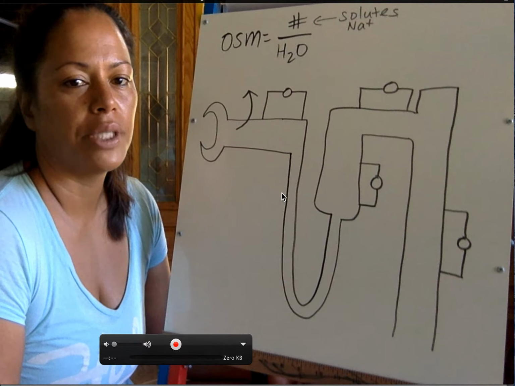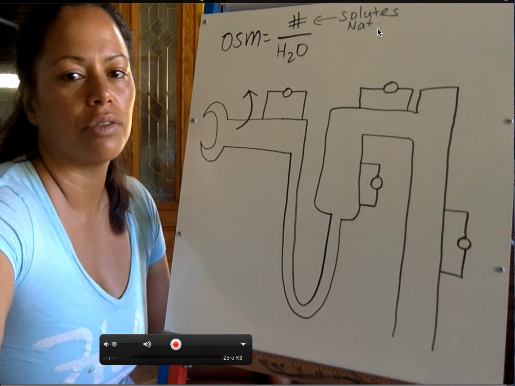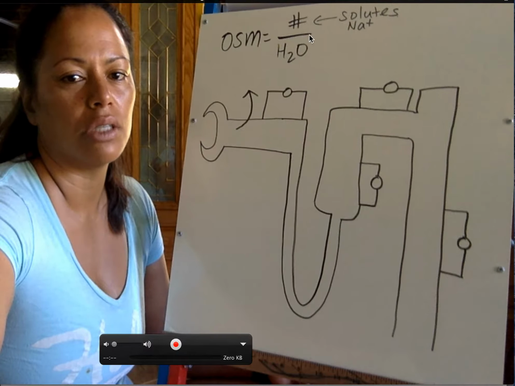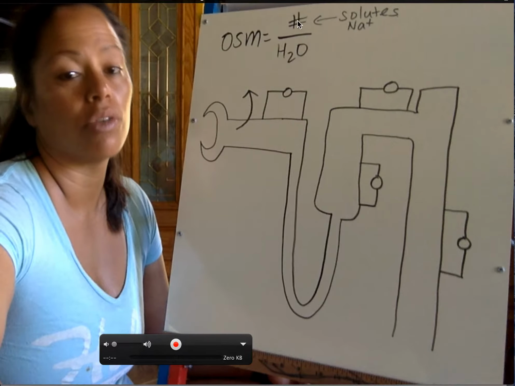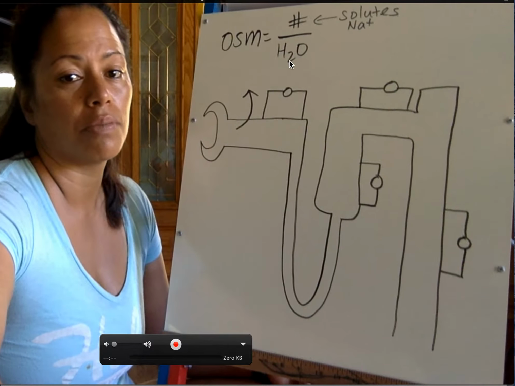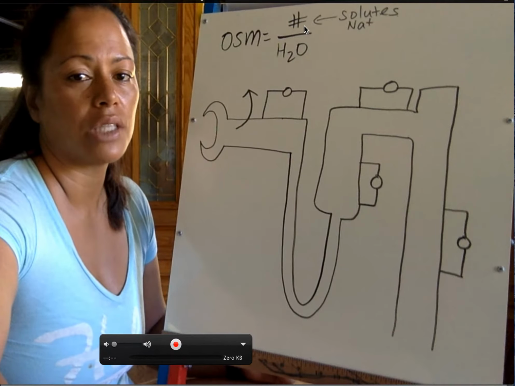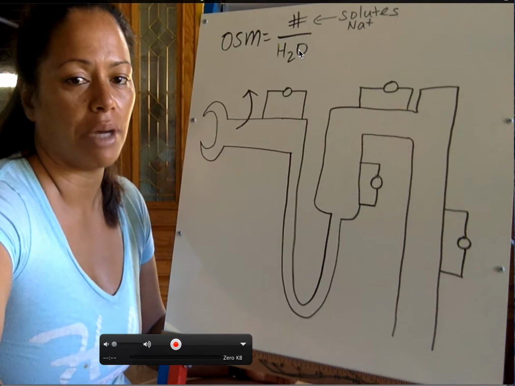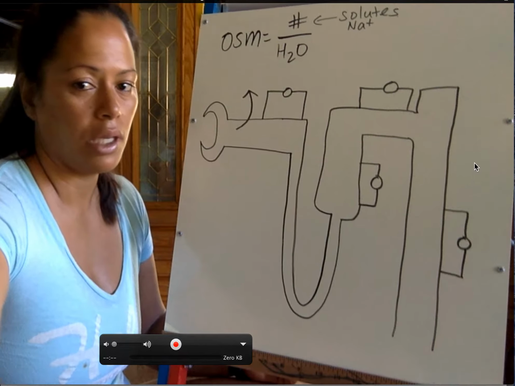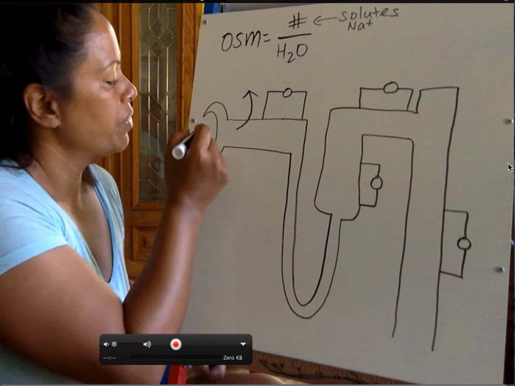Back to renal. So we have osmolarity. It's the number of solutes, or in this case, we're going to focus on salt, over solution. In this case, it is the number of particles per volume. In this case, this solution is made up of water. So we can play around with the concentration in the blood by changing the number of solutes or changing the amount of water available. In the kidney, or in the nephron, the basic functional unit of the kidney,